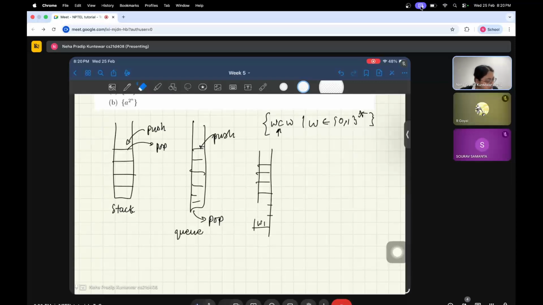So if you keep on pushing, you have W1 and so on up to Wn. In the end, when you see a C, you know that you have reached the end of W. And now what you'll do is,